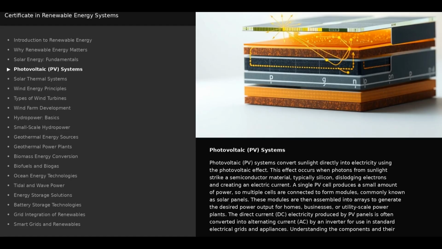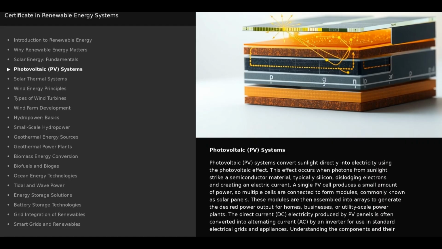Photovoltaic PV systems. Photovoltaic PV systems convert sunlight directly into electricity using the photovoltaic effect. This effect occurs when photons from sunlight strike a semiconductor material, typically silicon, dislodging electrons and creating an electric current. A single PV cell produces a small amount of power, so multiple cells are connected to form modules, commonly known